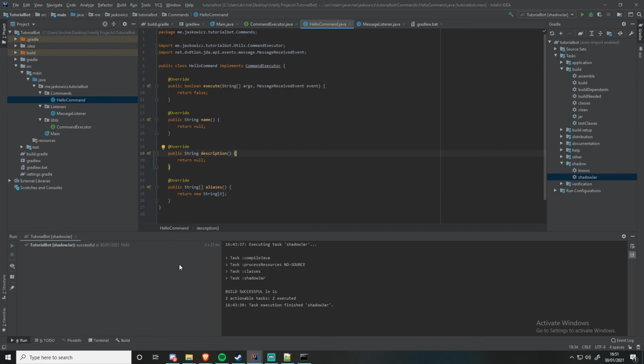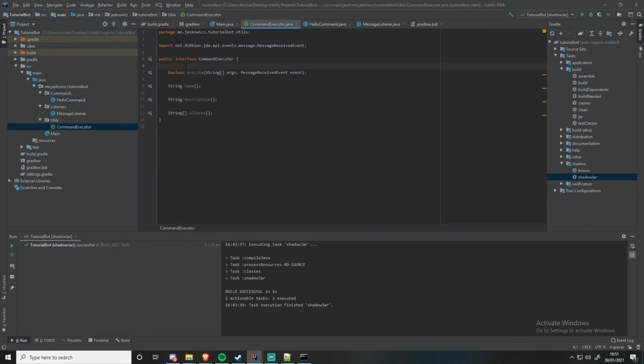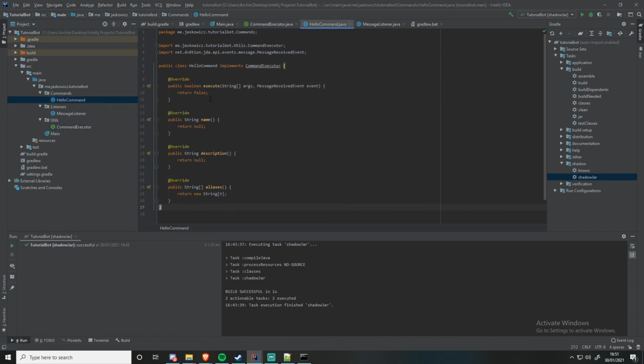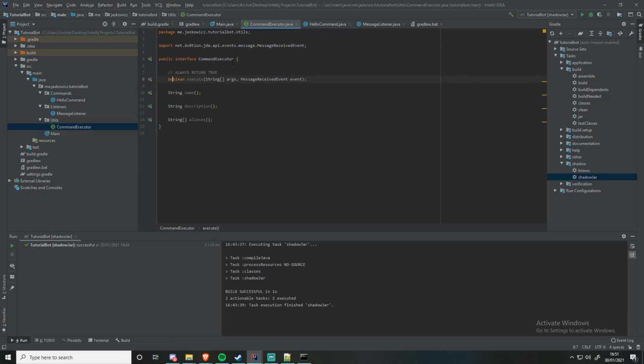Okay, so this basically goes over what we've added here. We're going to add a bit of a comment in case you come back to this code months later. Always return true. We could actually just do return true here. Oh wait, okay, fair enough. I think it's got to have a void. But yeah, basically,